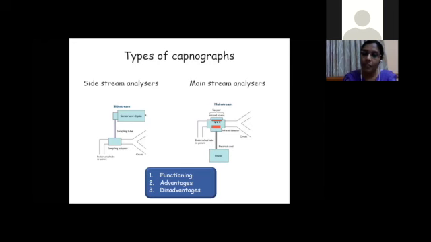Now in the mainstream analyzer, the carbon dioxide sensor, the infrared source, and the detector are all in close proximity to the endotracheal tube. The problem here is that mucus and saliva can contaminate these sensors. Water vapor can contaminate them. Therefore, these are heated to around 40 degrees. The presence of heavy heated equipment near the face of the patient can sometimes result in burns if it is in constant contact with the patient's skin. The advantage, however, is that with mainstream analyzers there's no lag time. The response is quick.